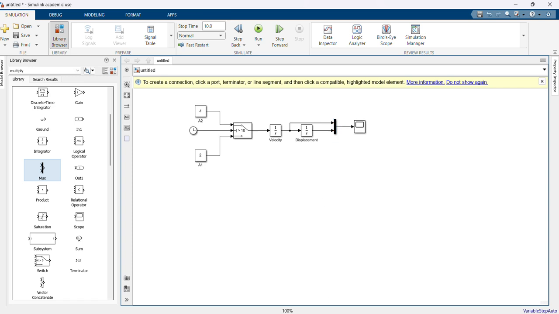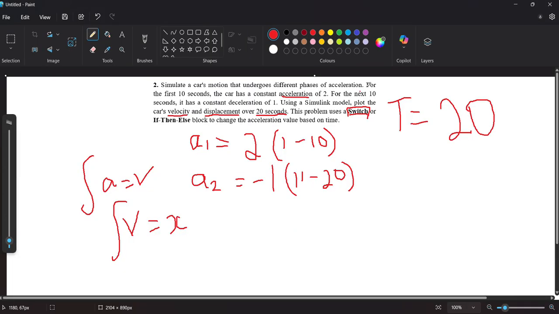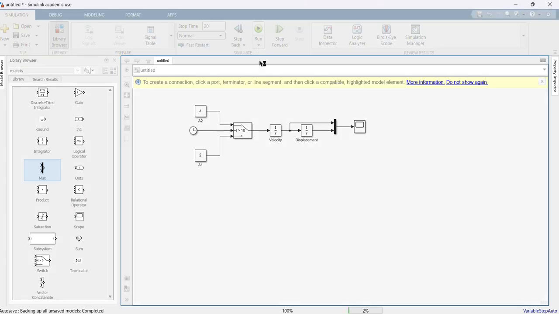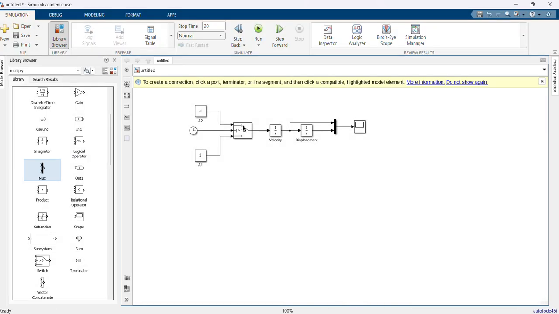Now, the most important thing here is that our total simulation time is only 20 seconds, so we need to give that as an input. In the above tab, you can see this option as stop time. So double click on the stop time and change it to 20. Now you're good to go. Now run the simulation. As you can see, the simulation is compiling and running. And now our simulation is done. Now to view the plot, double click on the scope